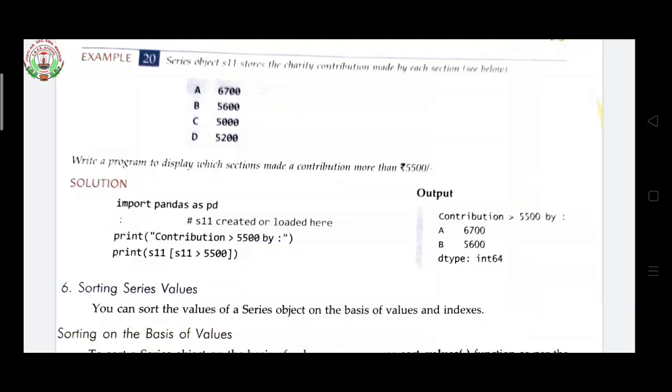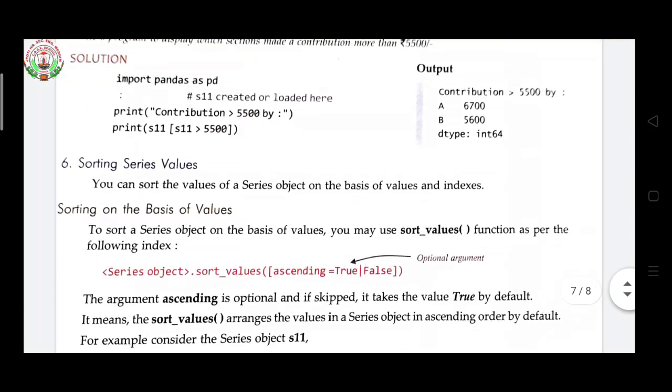Now print contributions greater than 5,500 by S11 greater than 5,500. Now the output is there. A value is 6,700, which is greater, so you got the output. B value is 5,600, which is greater, so you got the value. C and D are smaller, so you are not getting them.